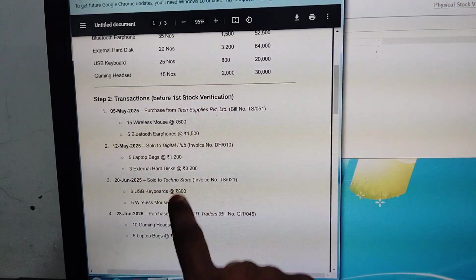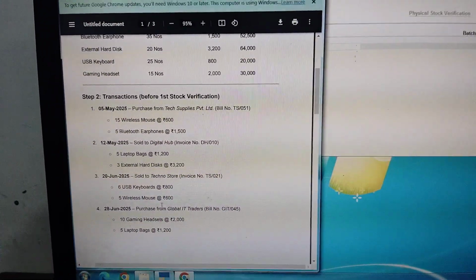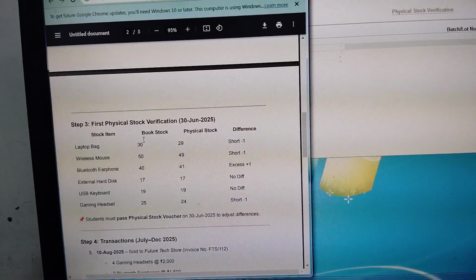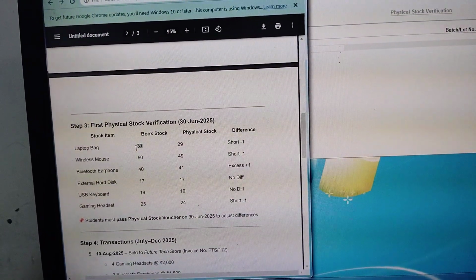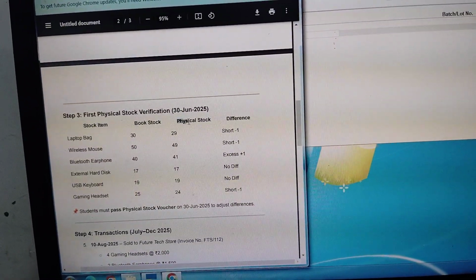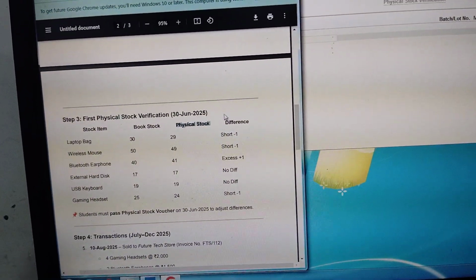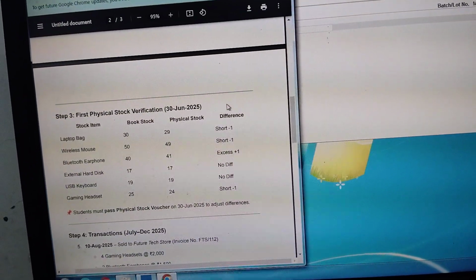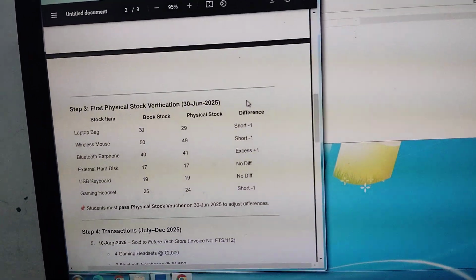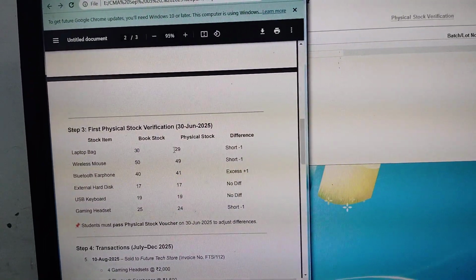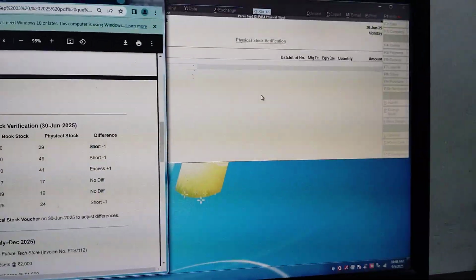So here 25, then plus 5, 30. Then by doing all this, this 30 has come. This is closing book stock, and this is closing physical stock, which will be calculated, I think, by someone in the godown. Then closing of book, closing of physical, the difference, we have put the difference.